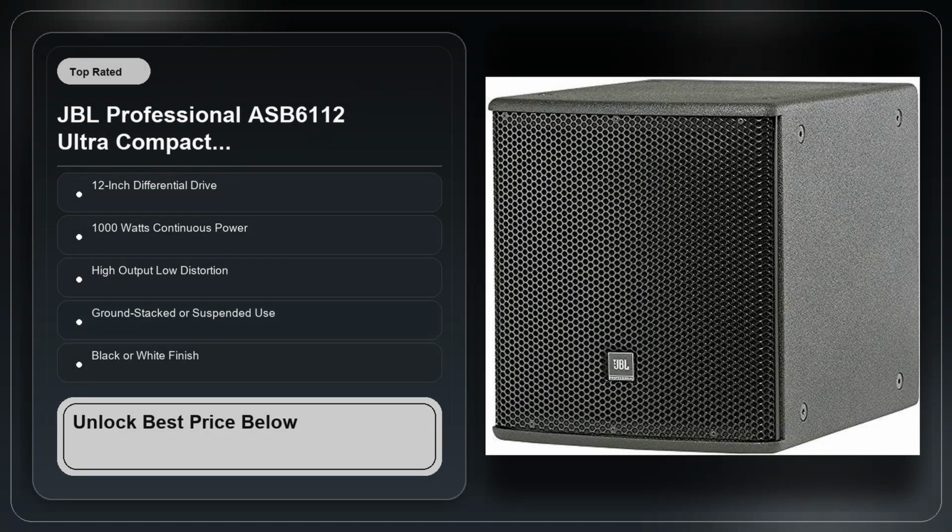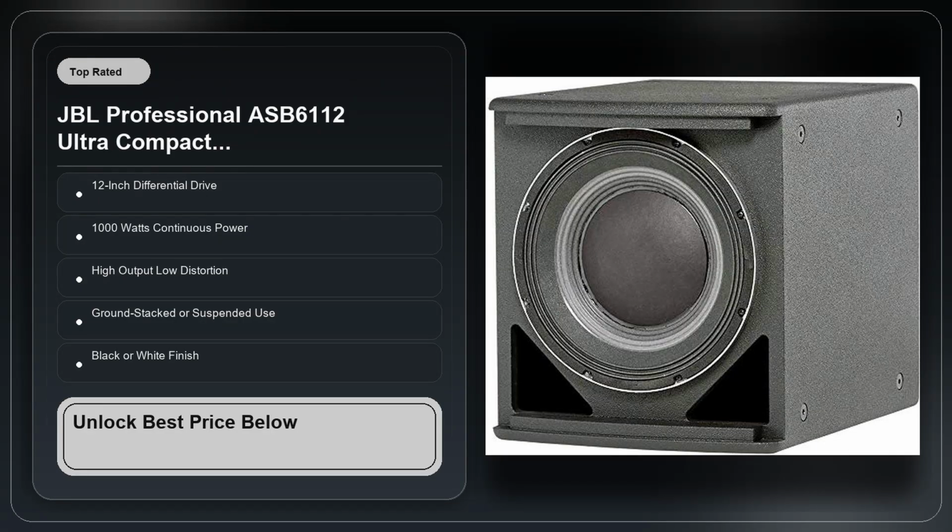The real value of the ASB6112, beyond the headline wattage, comes from the combination of its vented design, dual voice,